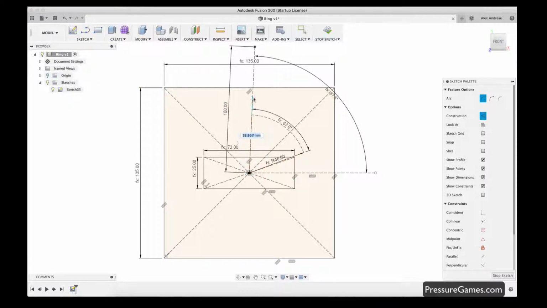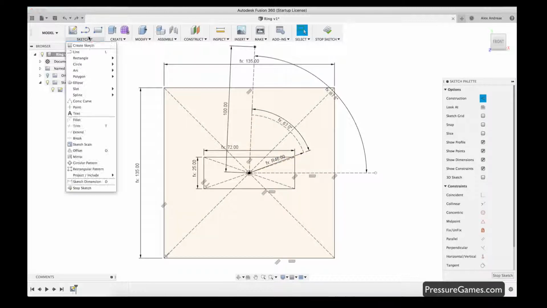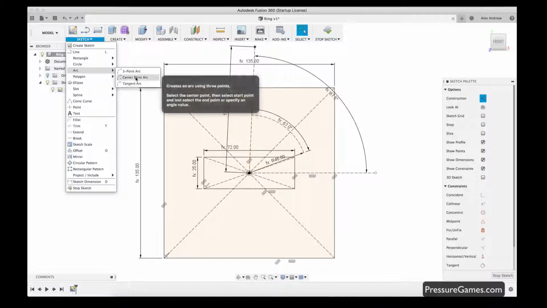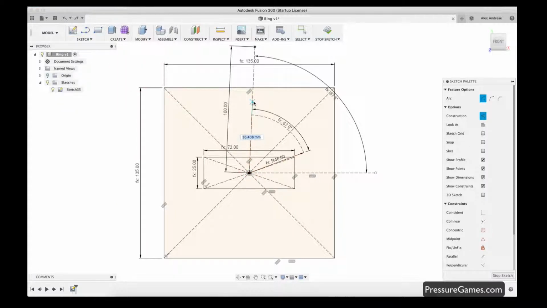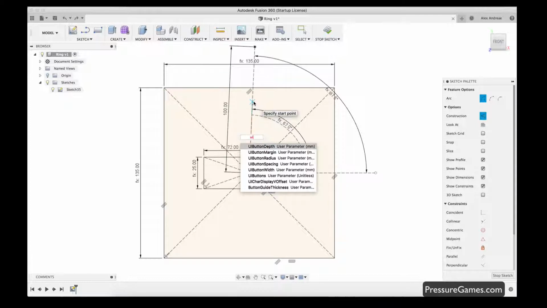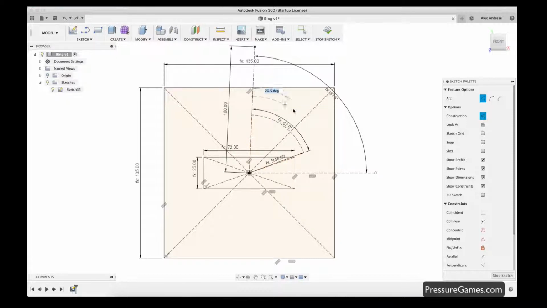And so we come in here, we go up, and this is now going to be, well, I don't know what just happened there. So let's try that again. Center point arc, and we're going to do UI button radius plus the UI button width. So now we have how big each of our buttons is going to be, and we create the arc over here. Again, this is going to use the exact same equation for how long the button should be based on